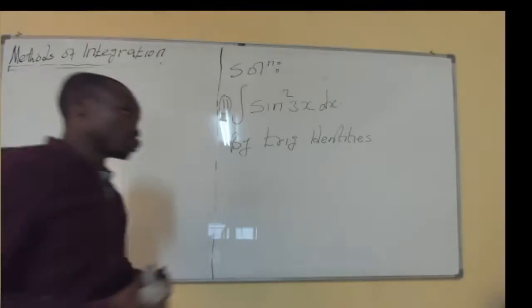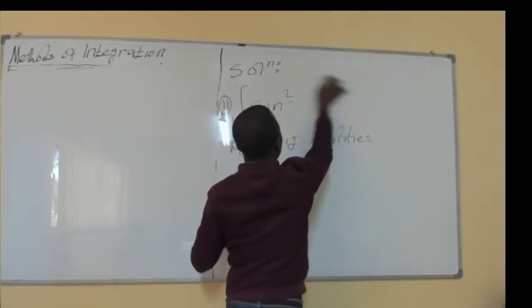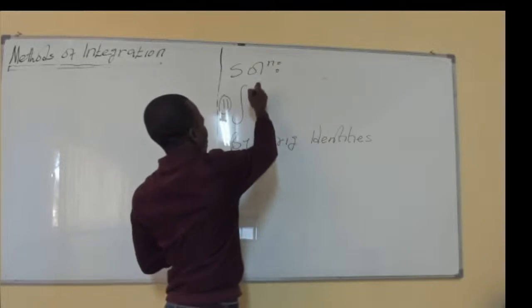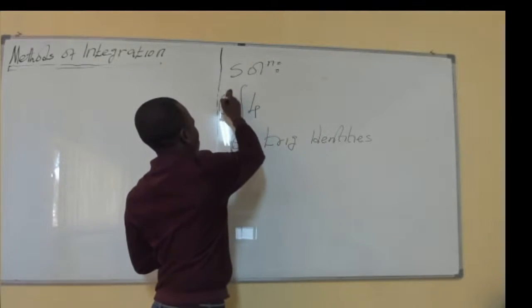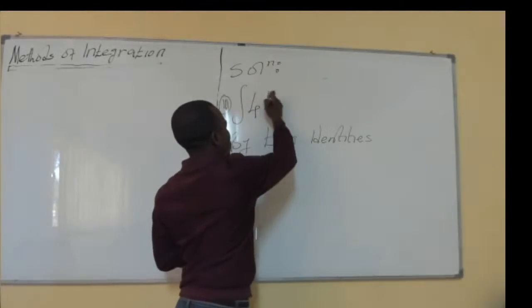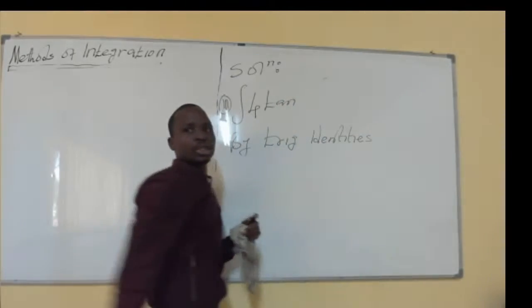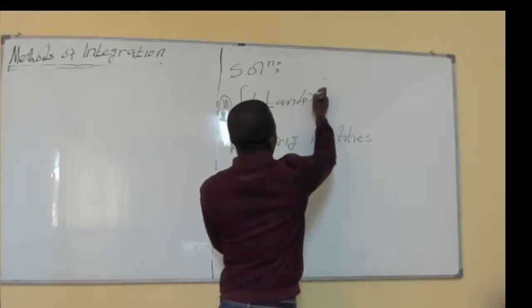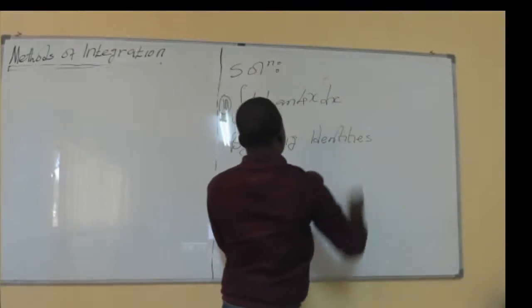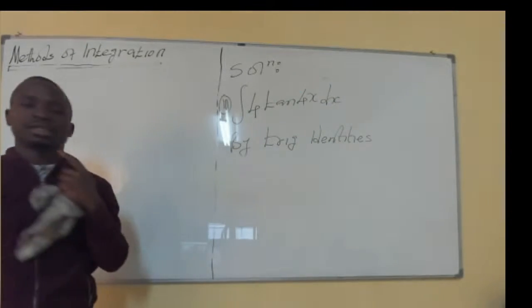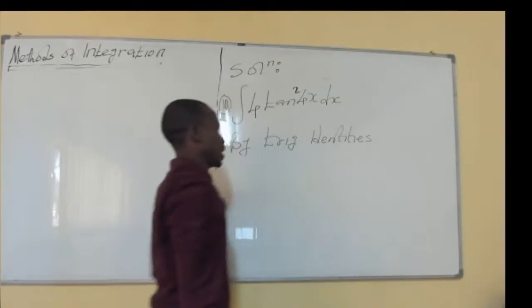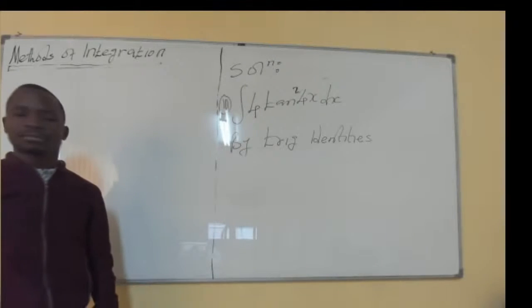The last one I'm going to look at involves the integral of 4 times the tangent of 4x dx. It is squared. Now, by trigonometric identities,